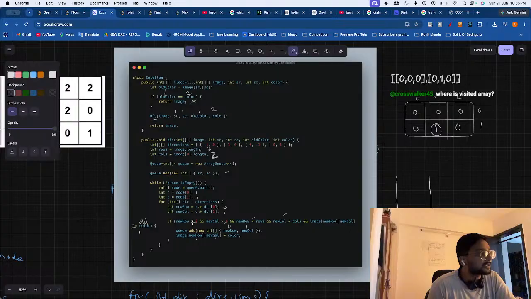Is it greater than or equal to 0? Yeah, true. Less than, yeah, true, and image equal to old color, yeah, true. So we'll add q dot add new row, it's 0 comma 1. So what's 0 comma 1? 0 comma 1, this one. Okay, so 0 1 and image